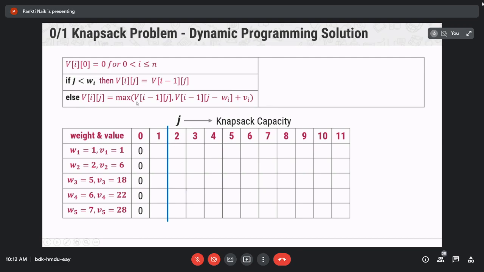So put the values of i, j, wi, vi into this equation. V[1][1] is equal to the maximum of V[1-1][1], comma, V[1-1][1-1] plus 1. So what will be the value of V[i][j]?